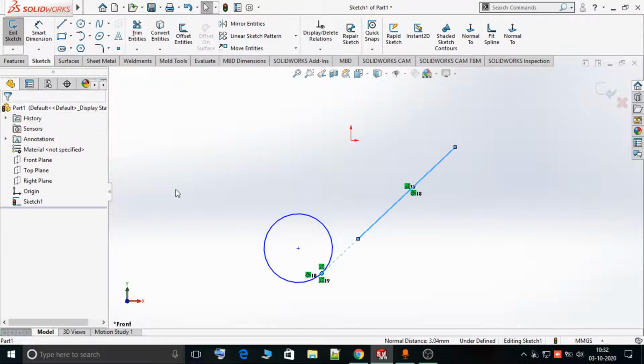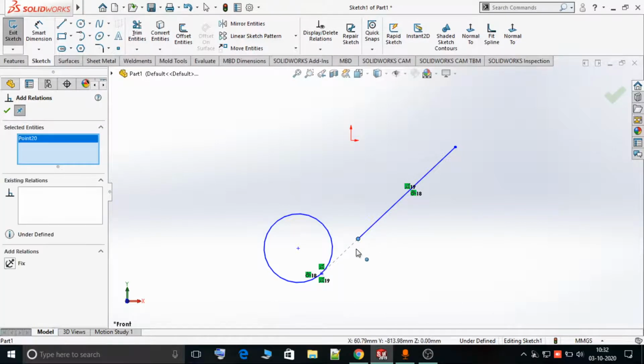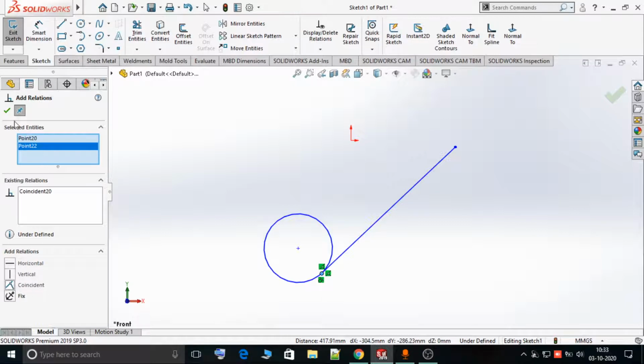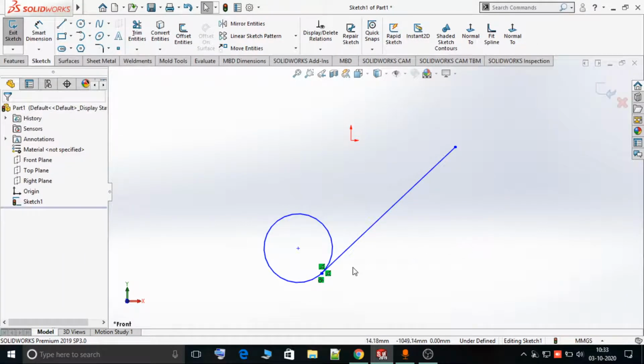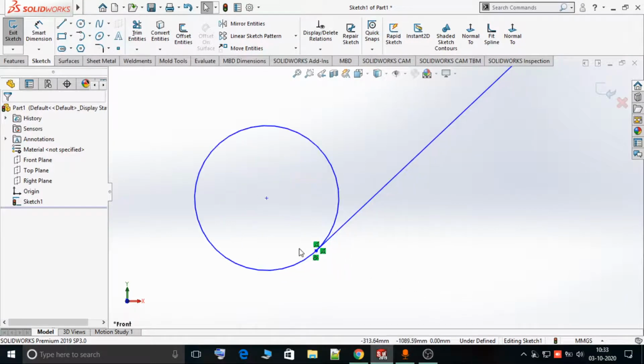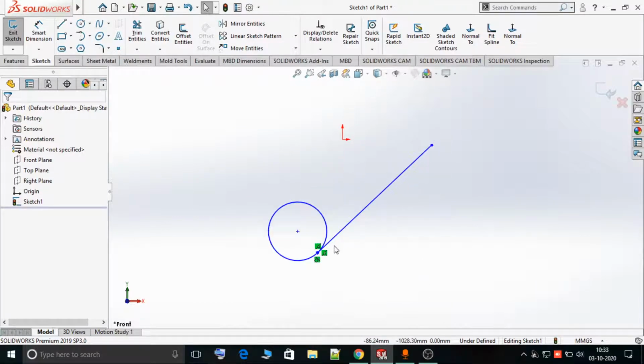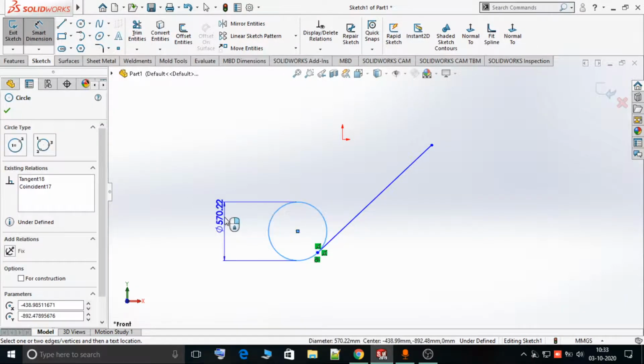Now click OK. Sorry, I have to select this point to be coincident with this point. Now here you can see this point is now coincident with this point. Again here it is a tangent relationship, you can see. Now I have maintained both the relationships. Still, without specifying all these dimensions, this sketch is not fully defined, so I try to add dimensions.